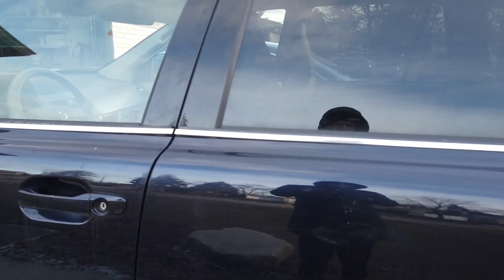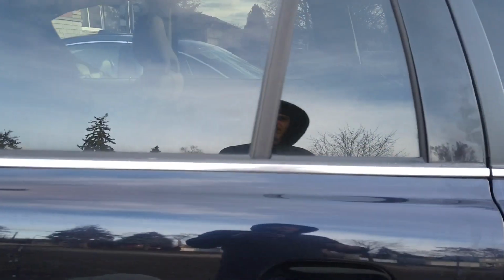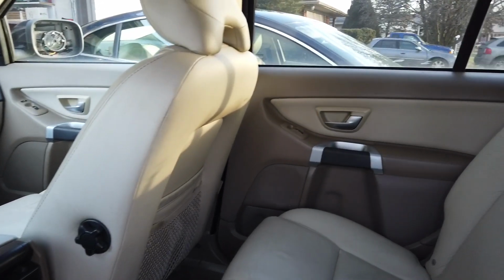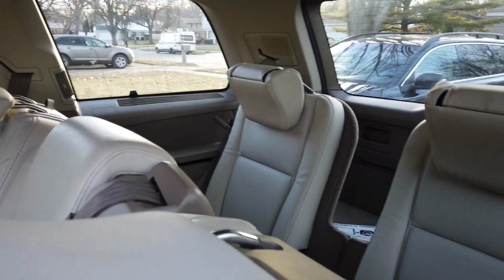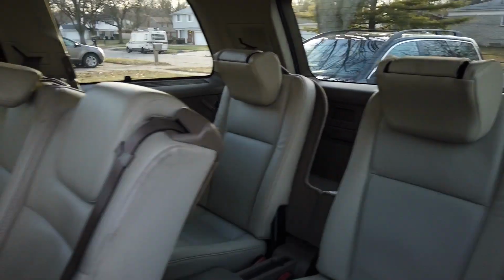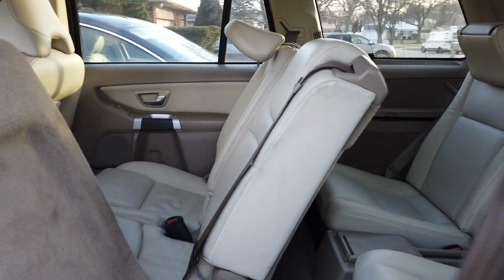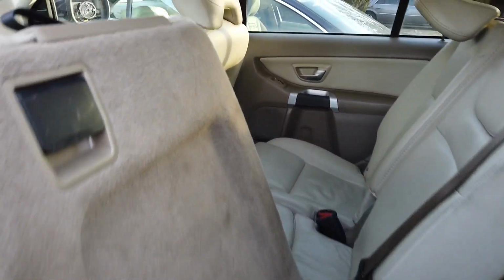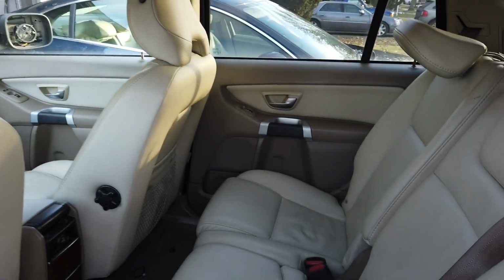Especially it's so big and solid, and yeah, you know, here we can move the seats, we can fold them. That's how it looks. Move them back and